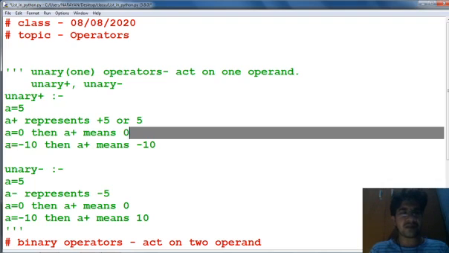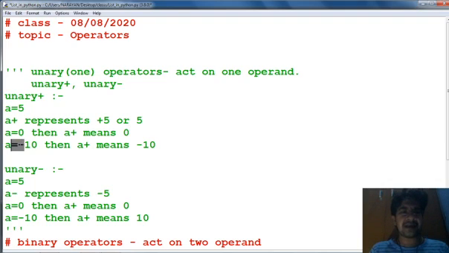If we have assigned a equal to minus 10, then +a means minus 10, because by the rules of multiplication of signs, when minus and plus are multiplied, the result will be minus. So this is your unary plus. Here plus is the operator and a is the operand.